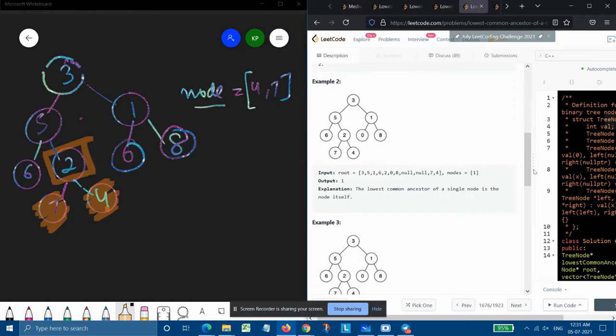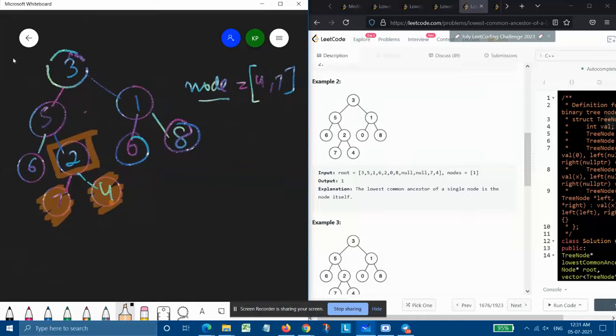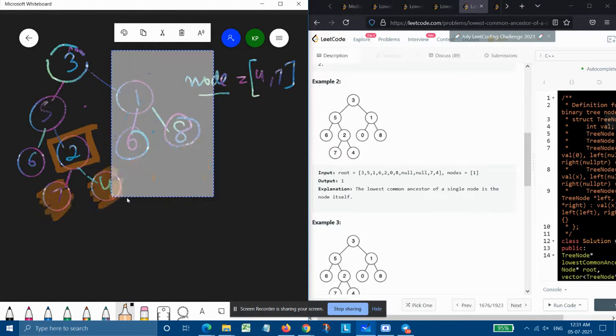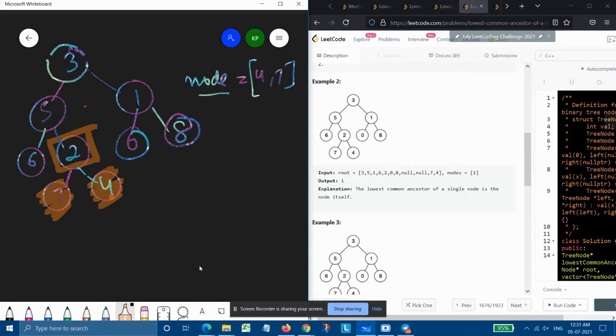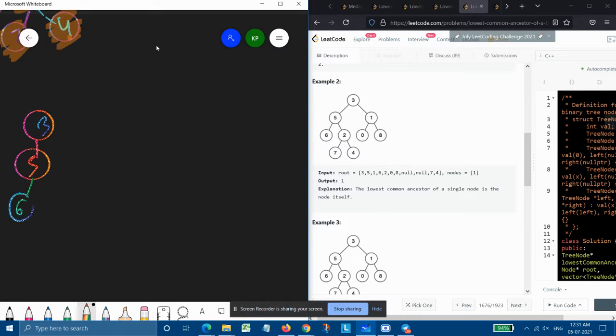Now comes the second example. Again, the tree is similar, but this time there is just one node.